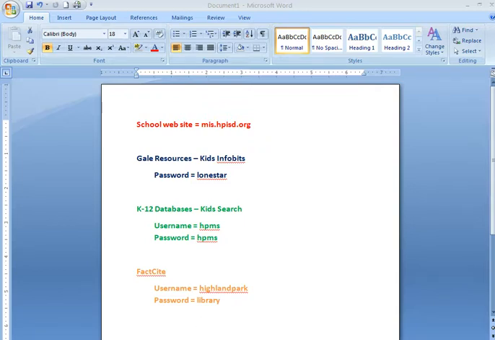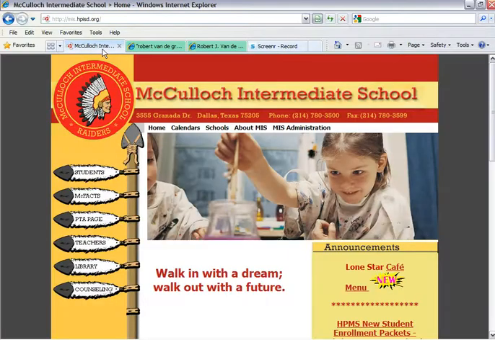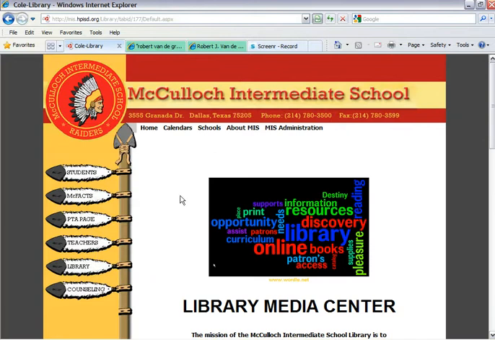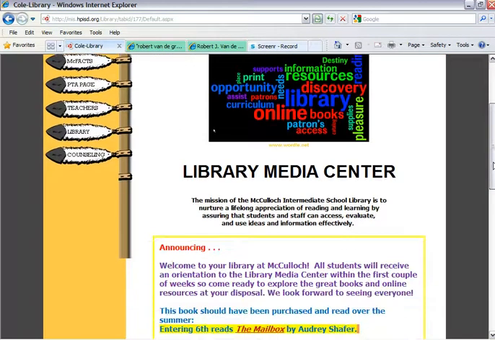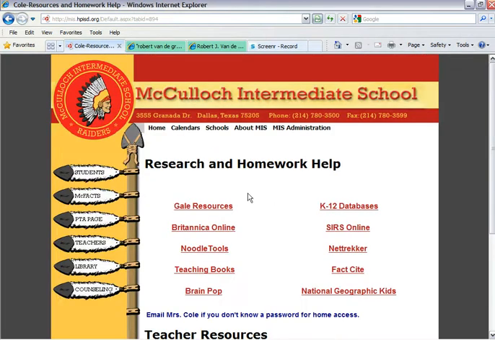Now, to get started on these, you will open up the school website, and the best way to get there is to simply type in mis.hpisd.org. When you get there, you need to open the library feather, and then this is the library web page, and scroll to see the links, and the link you will use is called Resources. In the Resources link, you'll see a lot of sources. Here's Gale Resources, K-12 Databases, where we find Kids Search,